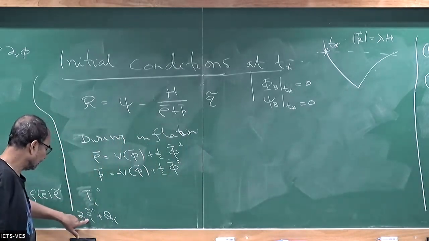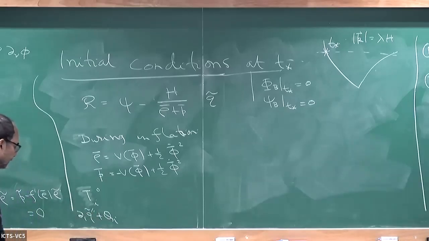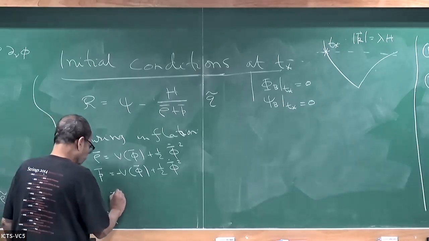So q tilde was introduced by this: T^i_0 was del_i q tilde plus capital Q_i. Right? Capital Q has no divergence. But during inflation, this is given by